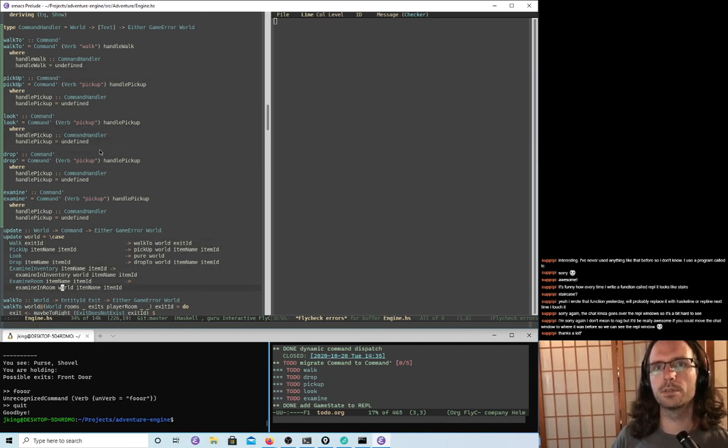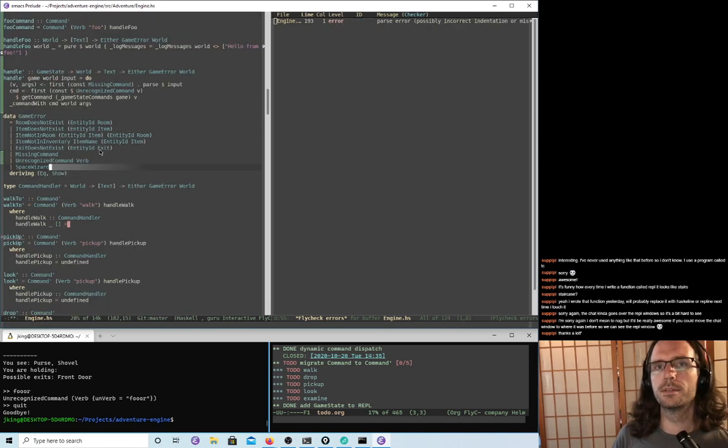The only thing that's going to be a little bit different with these things, let's see. For example, with handle walk, I think a very common case for some of these is going to be that it doesn't matter what world we have, but for walk, if we have empty input, then we already know we have a game error. Right, we have